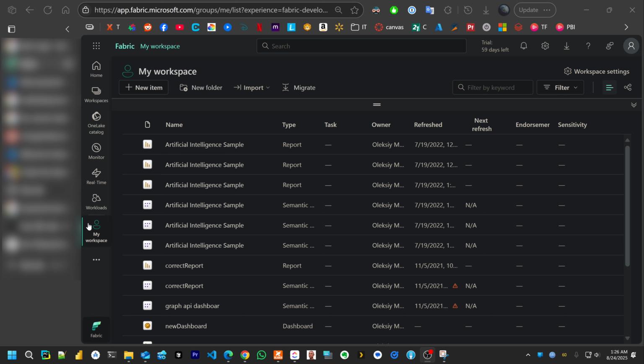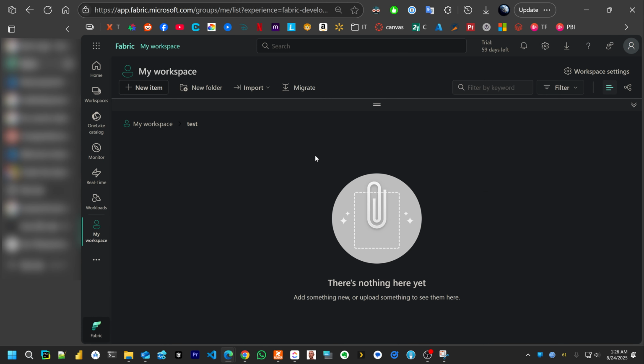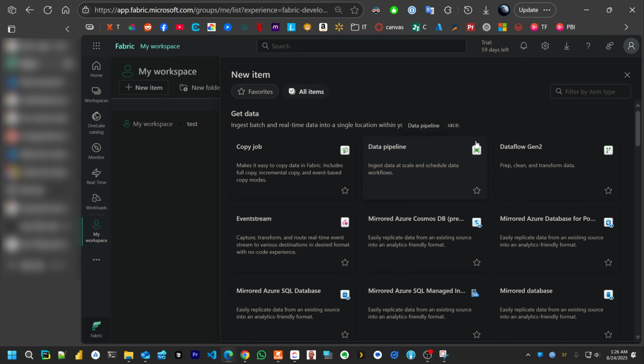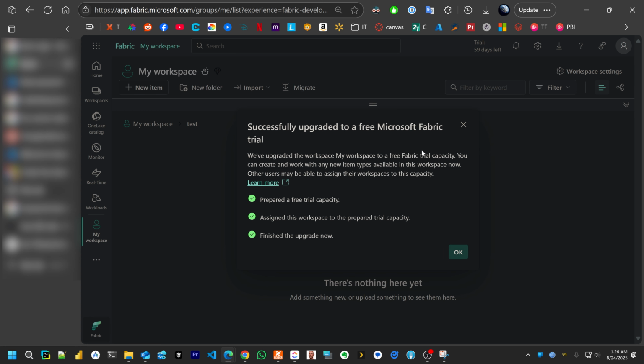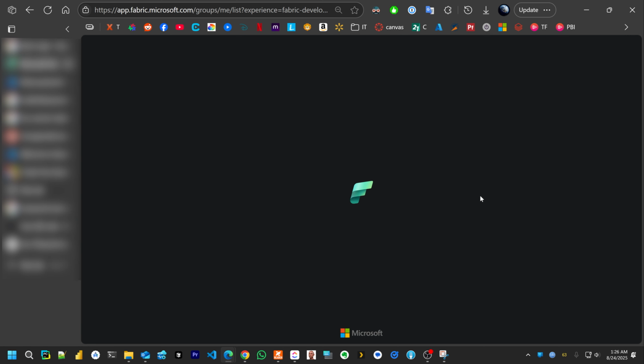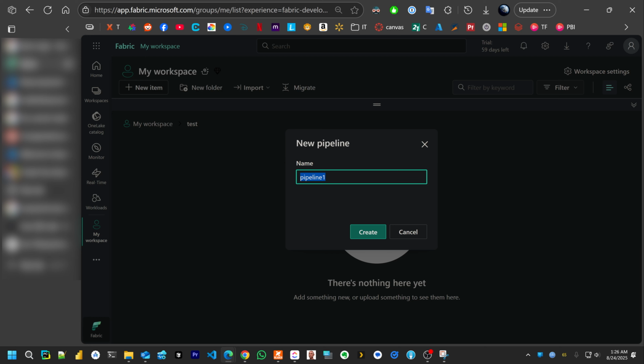So first we select my workspace, then we will create a folder for our testing, then you select new item, you select data pipeline, to use this feature you will need to use trial. So you set the name for the pipeline,